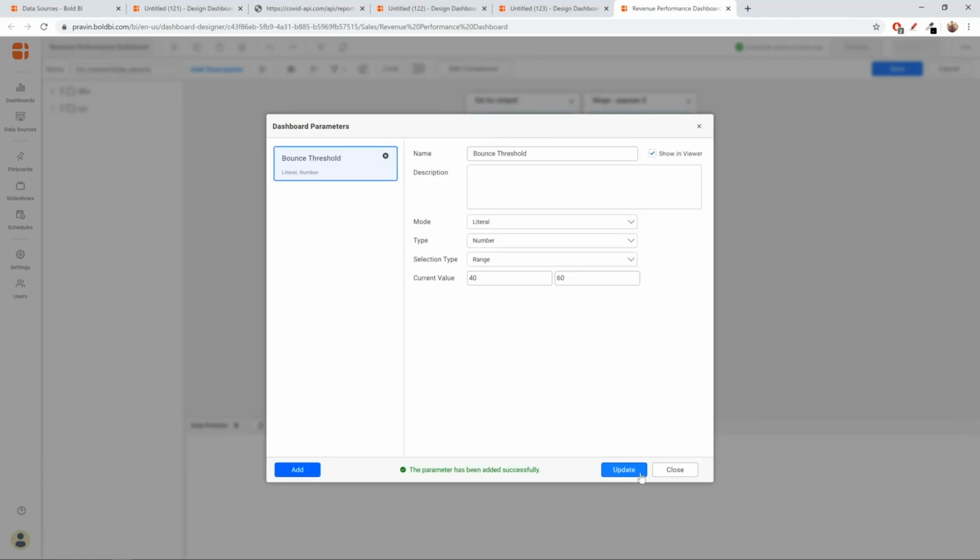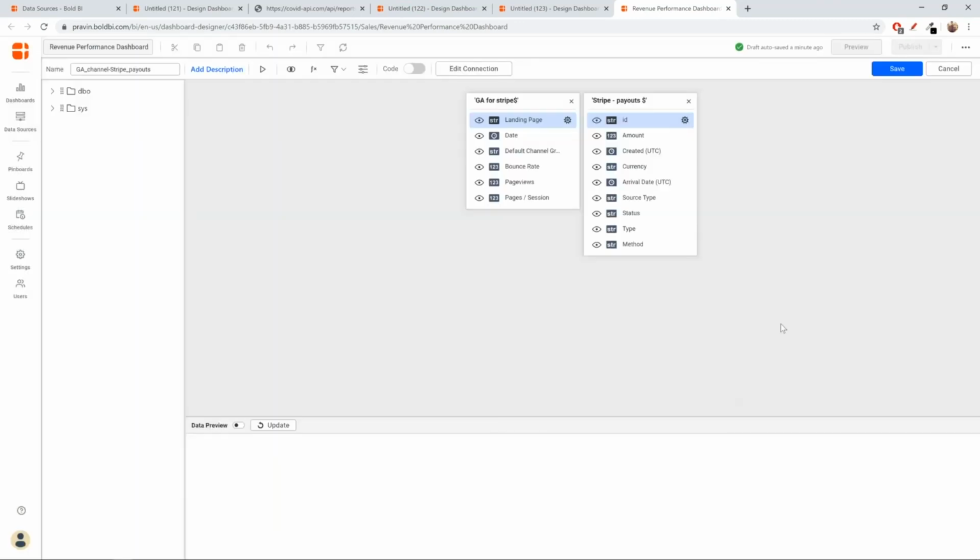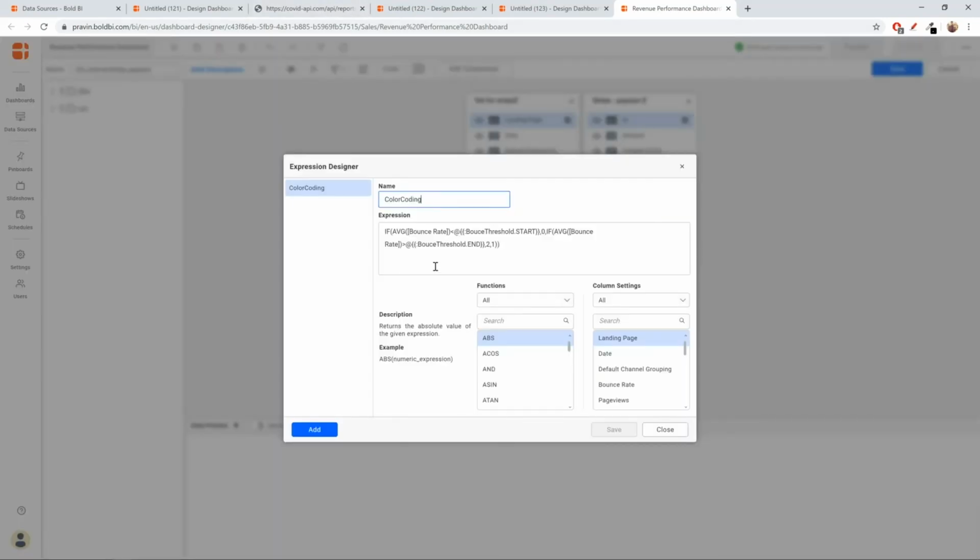Okay. So now we have created a parameter. The only thing is, right now you cannot apply the parameter directly in the conditional formatting dialog, however you can create an expression using that and then make use of that expression in the conditional formatting dialog.